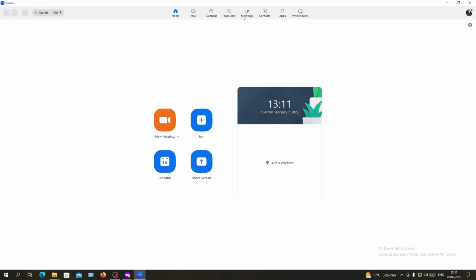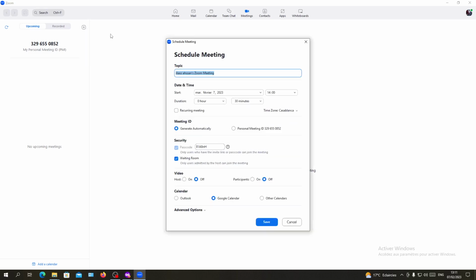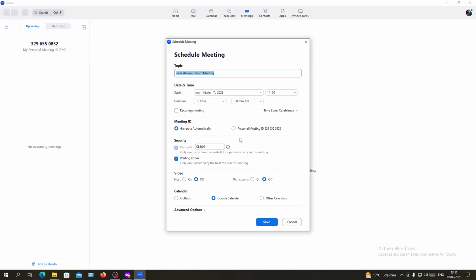So now, as you can see, when I'm going to the meetings, you will find this menu here or this pop-up window. So basically, to make the meetings with the same ID, you will need to change the meeting ID from here. So after clicking on meetings, as I said, we click on upcoming scheduled meetings, and you